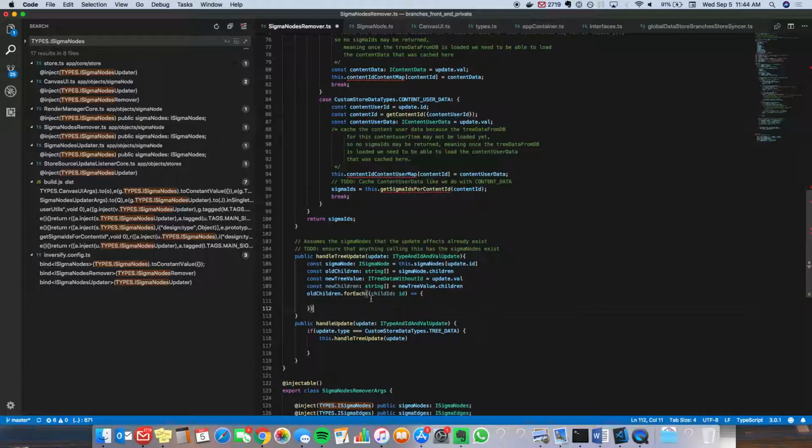All right, so we're calling the dot forEach method available on the old children variable. We're passing an anonymous function. That anonymous function has one parameter called childID. That parameter has a type of ID. And now we're going to write the body of the function. So tab over once. Backspace. And type